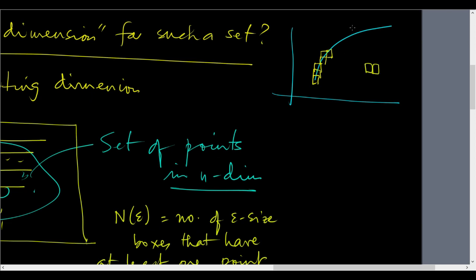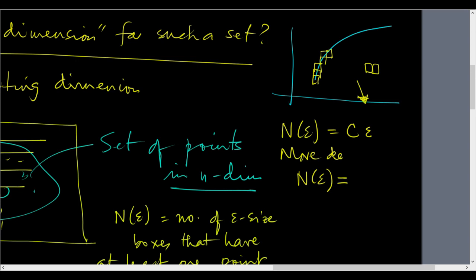So N of epsilon will be some geometrical factor c times epsilon to the minus 1 for this curve. So if we think of N of epsilon more generally, if N of epsilon is some constant times epsilon to the power minus m as epsilon goes to 0,